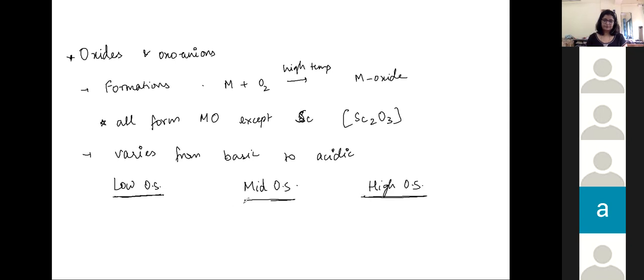How would you decide which oxide is showing an ionic character versus covalent character? Like you have low oxidation state oxides, the medium oxidation state oxides, and high oxidation state oxides. Okay, Ria has already given an answer, which is right. Awesome. Rest of you also try this out.